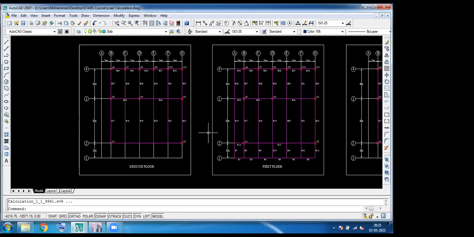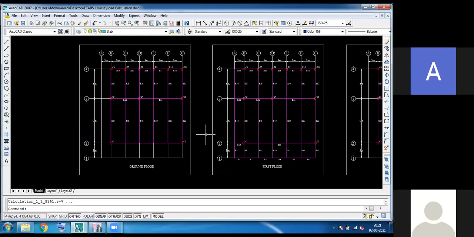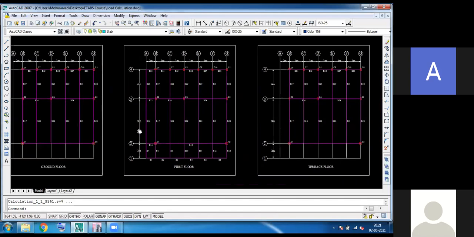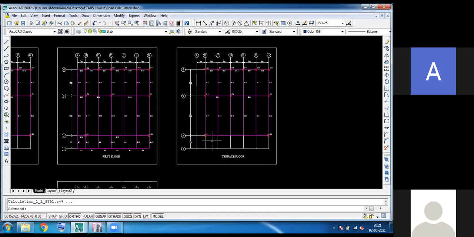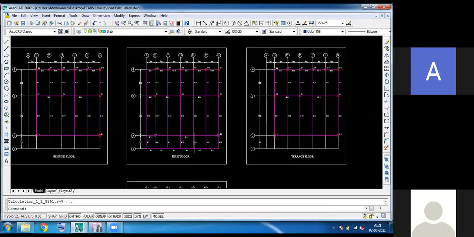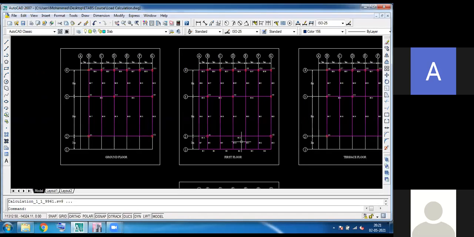This is an AutoCAD file. You can see the ground floor, first floor, as well as the terrace floor. This is a commercial building, a car showroom.